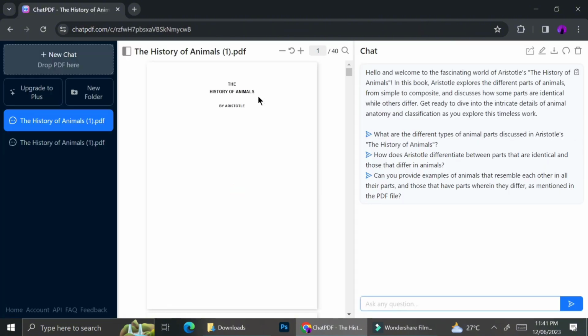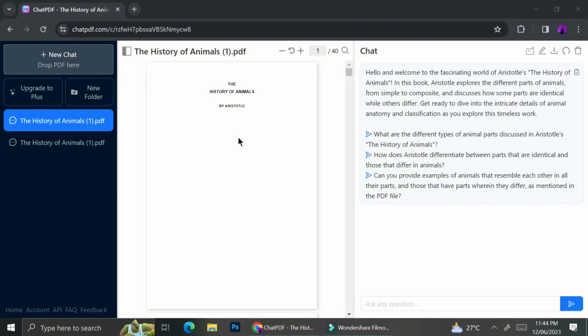After I input my PDF to ChatPDF, the AI system is going to read the whole PDF. Notice how ChatPDF automatically created a short summary of what my PDF is, as you can see on the right side of my screen. It says, "Hello and welcome to the fascinating worlds of Aristotle's The History of Animals. In this book, Aristotle explores the different parts of animals from simple to composite and discusses how some parts are identical while others differ. Get ready to dive into the intricate details of animals' anatomy and classification as you explore